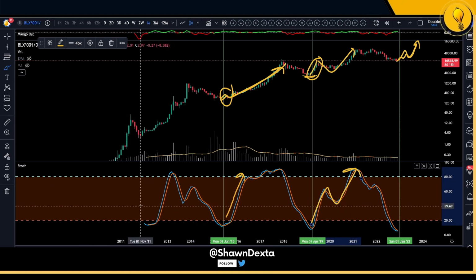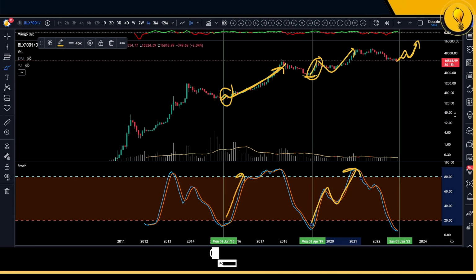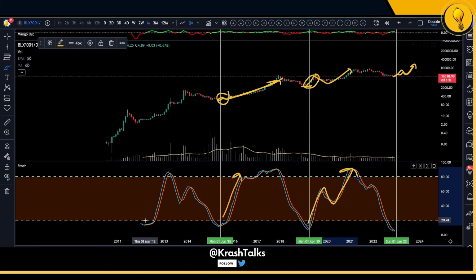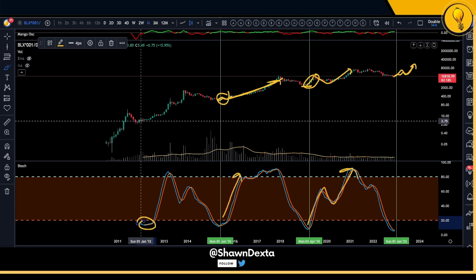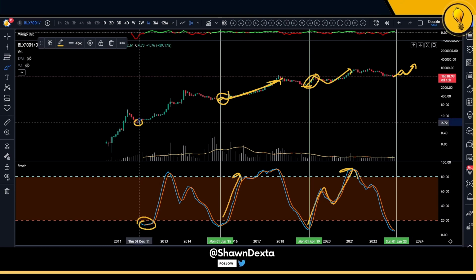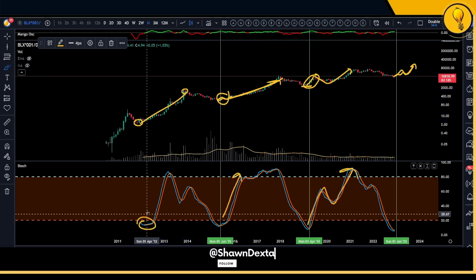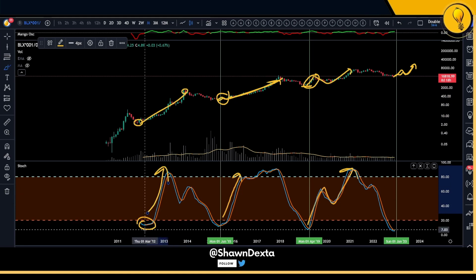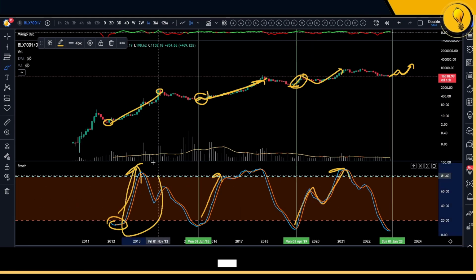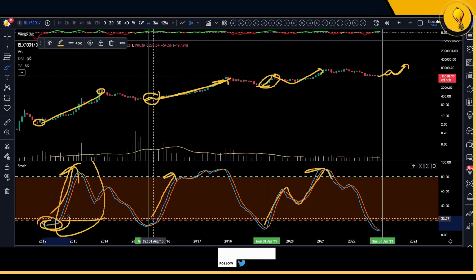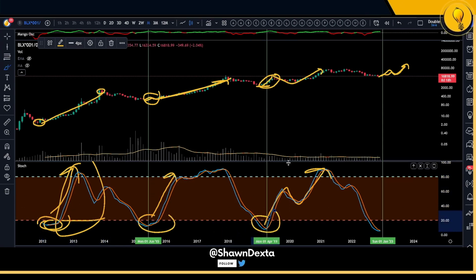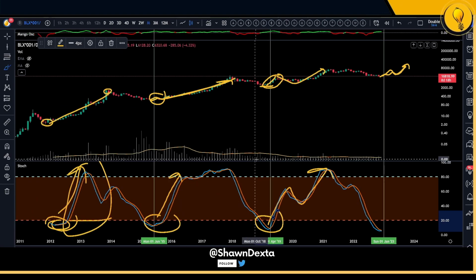Now, back in 2012, we didn't have enough monthly data for the stochastics to actually cross. In fact, the stochastics started at the bottom right over here. Technically, if you look at the data, you could say that the 2011 bull market started somewhere at the bottom and we pushed up. One could make an argument for that. But you could say that we have three data points: 2011, 2015, and 2019. And three makes it a trend.